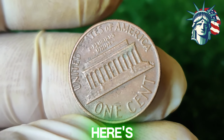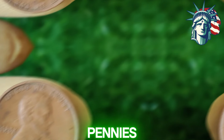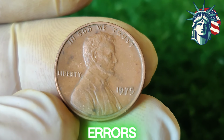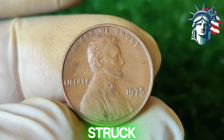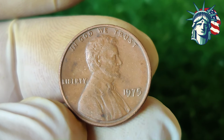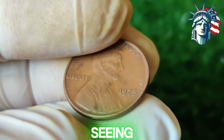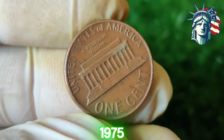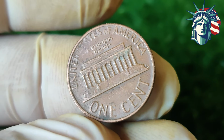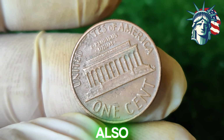Mint errors. Now here's where things get really interesting. Some 1975 pennies exhibit double die obverse errors. This means during the minting process, the coin's design was struck twice but slightly misaligned, creating a ghost-like doubling of letters or numbers. Imagine seeing a shadow duplicate of the word Liberty or the date 1975 under magnification. It's not a wonder, it's a factory flaw, and it's gold to collectors. There are also examples of